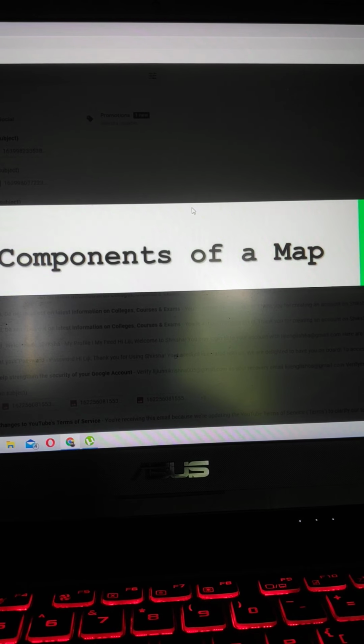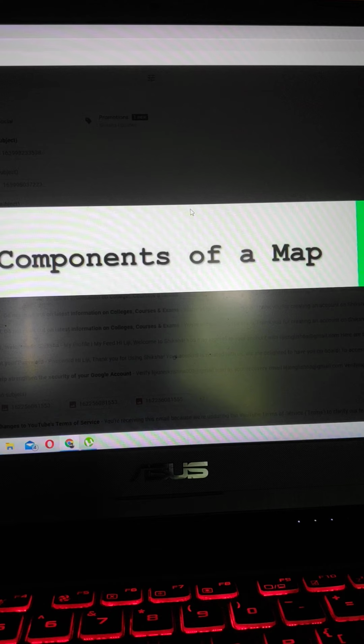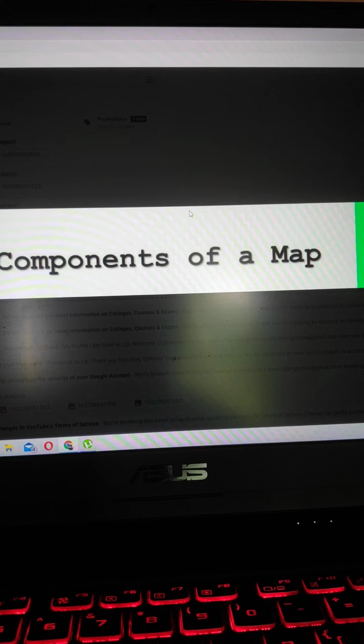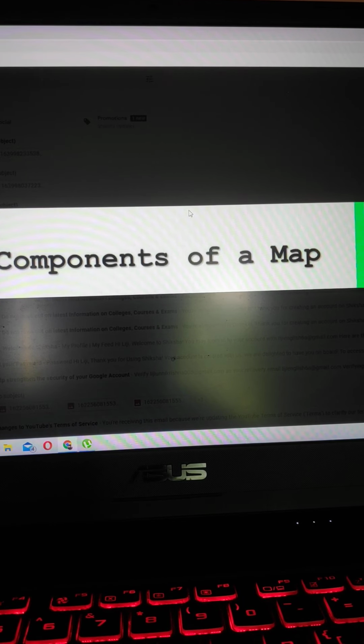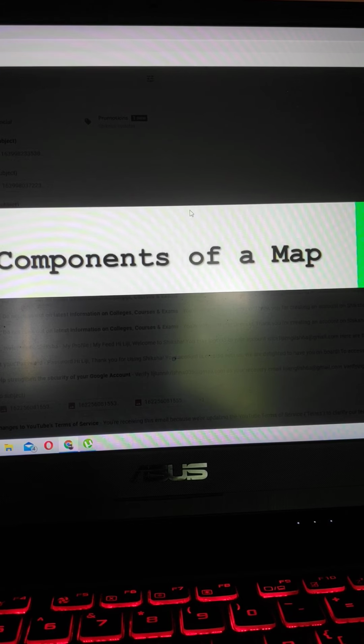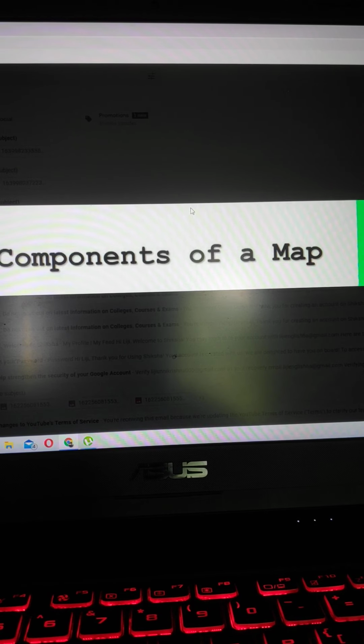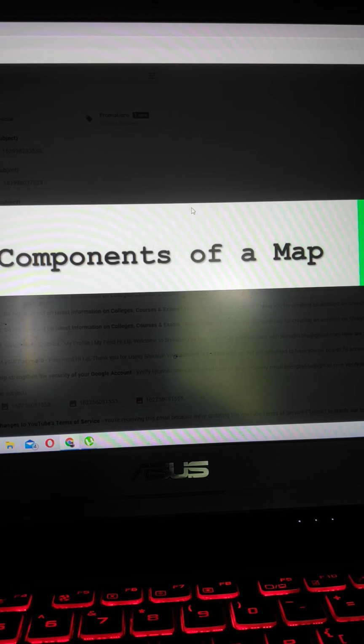The next one is colors. Different colors are used to indicate specific features. For example, shades of blue shows water bodies, shades of green shows plains, forest, grassland, black shows roads and railways, buildings, etc. Shades of yellow shows deserts, shades of brown highlights the mountain and mountain ranges. Shades of purple also shows the snow caps of the mountain. Shades of red shows cities. These are the 5 conventional signs of a map.